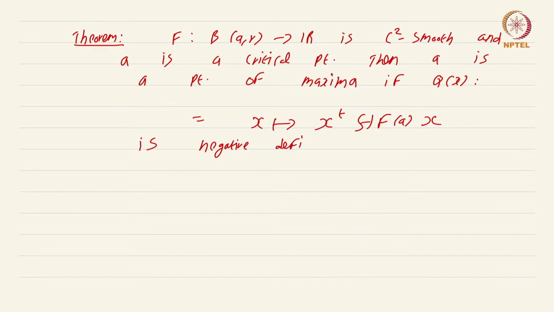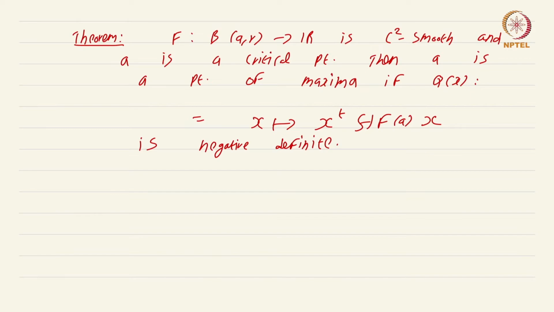Note this weird role reversal. You might think that maxima means things should be positive, but no. At a point of maxima, this quadratic form should be negative definite, and this should actually not be shocking to you,